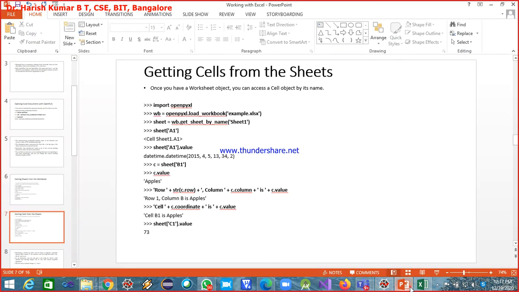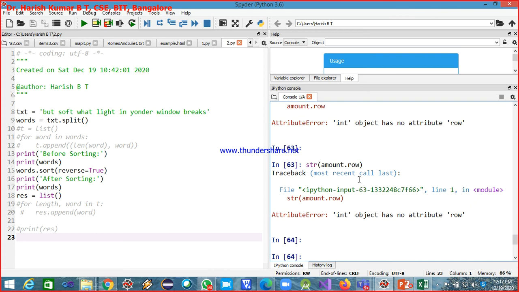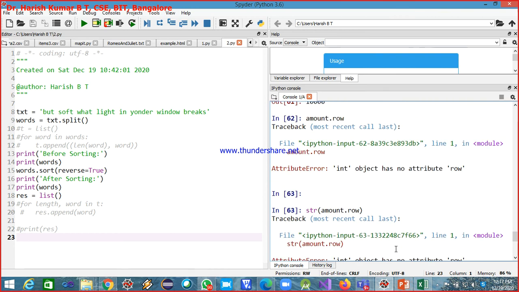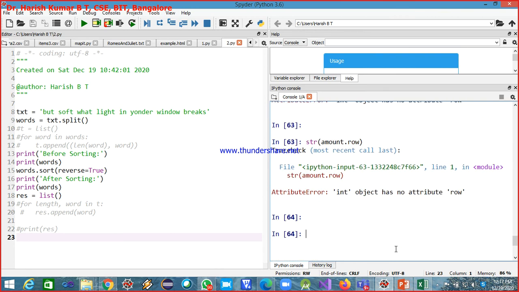One second. Okay, so what I have assigned is the value. Sorry. Now if you want to get the row number and column number, I have to do something like this.